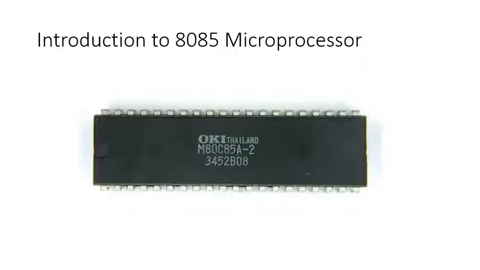Introduction to the 8085 microprocessor. The 8085 microprocessor was introduced in the year 1977. It is an 8-bit microprocessor. We call it an 8-bit microprocessor because it can handle only 8 bits of data at an instant of time. If a processor can handle 16 bits of data, then it is called a 16-bit microprocessor. If it has the capability of handling 64 bits of data, then we call that processor a 64-bit processor. This 8085 microprocessor can handle only 8 bits of data at an instant of time, so we call it an 8-bit microprocessor.